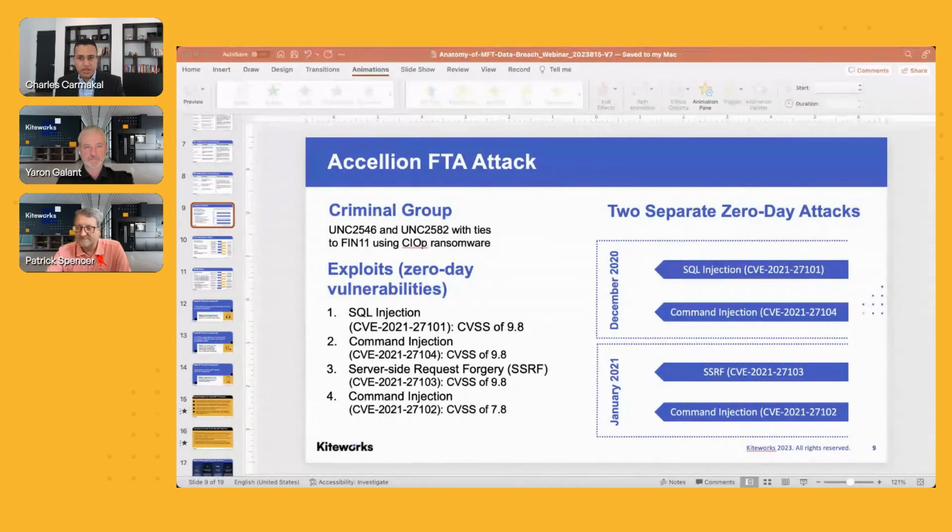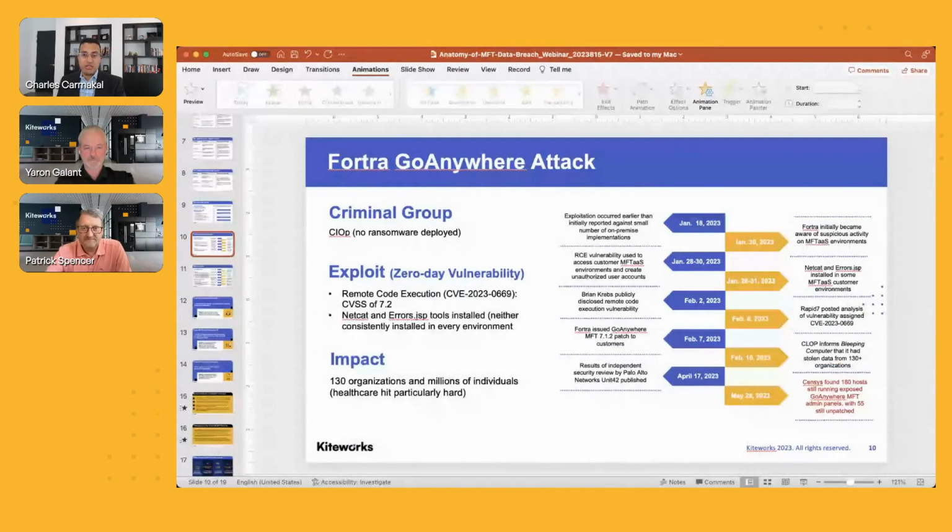If we could maybe flip to the next slide, I'll talk about the next campaign that they conducted. Good transition. Yeah, this was against the Fortra GoAnywhere product. So this occurred earlier this year, and from my vantage point, and I don't want to give the threat actor any credit, this was a very lucrative extortion campaign for them because there's a few things that occurred that enabled them to get paid more money.